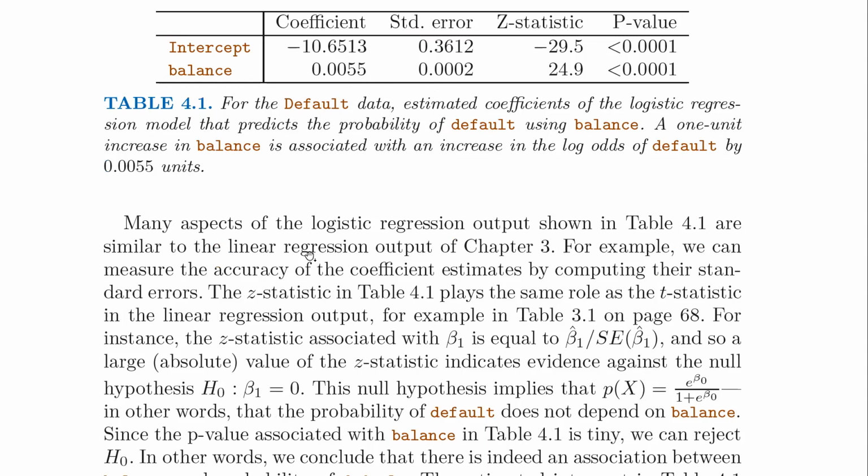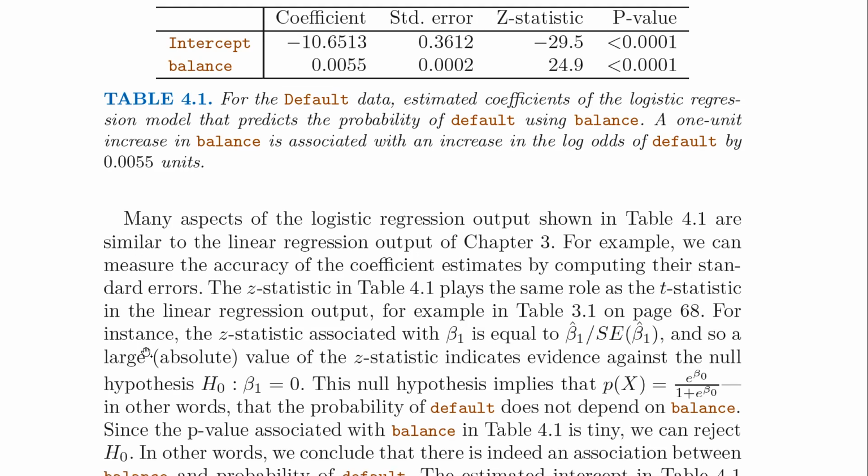Many aspects of the logistic regression output shown in table 4.1 are similar to the linear regression output of chapter 3. For example, we can measure the accuracy of the coefficient estimates by computing their standard errors. The Z statistic in table 4.1 plays the same role as the t statistic in the linear regression output. For example, in table 4.1, the Z statistic associated with beta 1